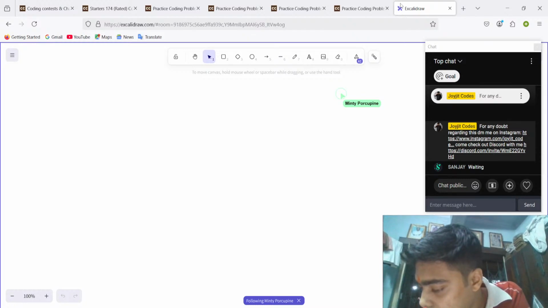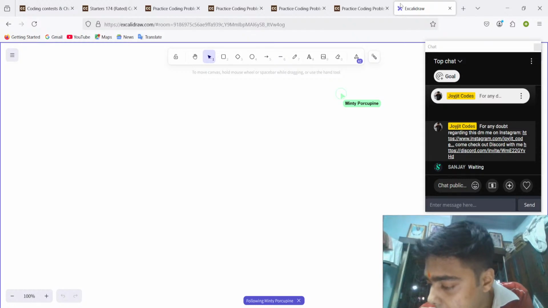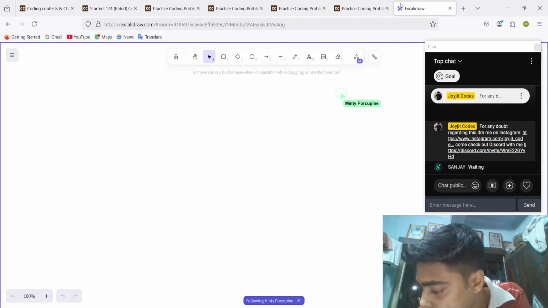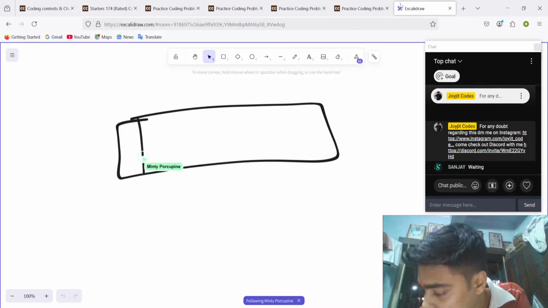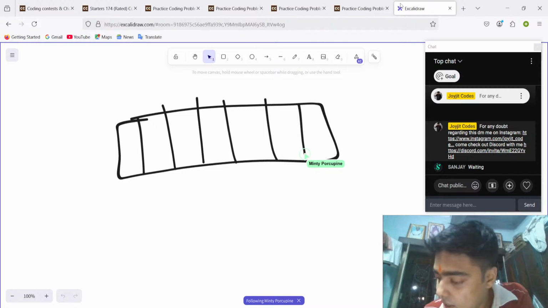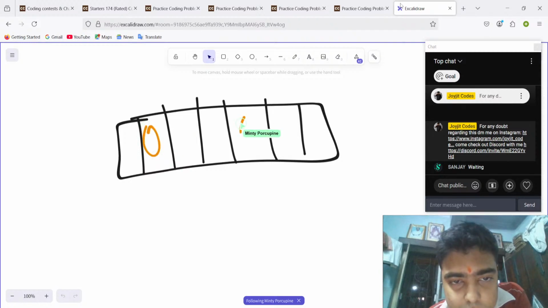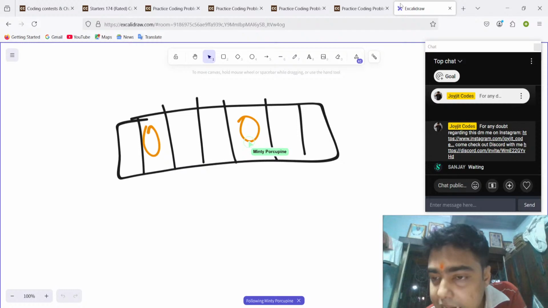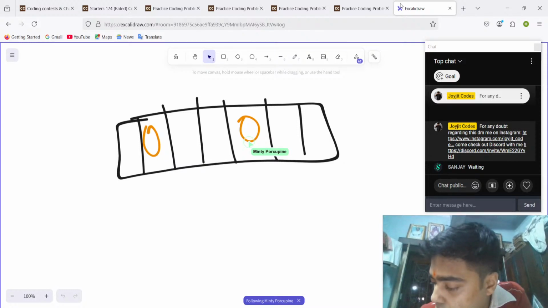So let's say I'm having the whole array like this. Okay, and after that I have all the arrays like this. What I can do is find two elements that are equal, that is A[i] and A[j]. So let's say this element and this element. Okay, these two elements are equal. Now since these two elements are equal, I can delete both of them and replace them with the absolute difference. Now since both the elements are equal,